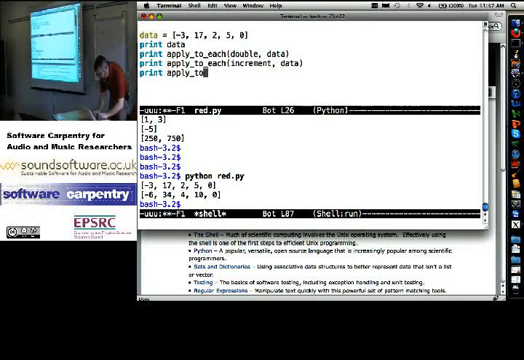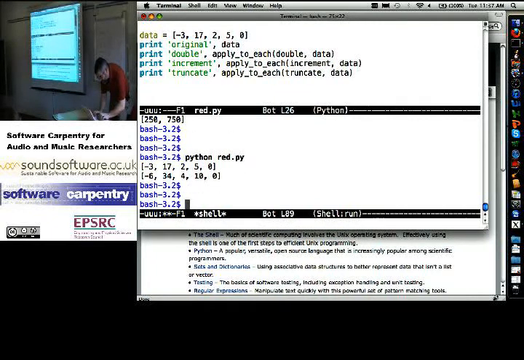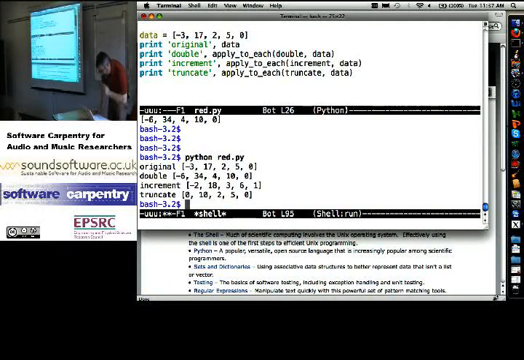Print apply to each truncate and data. Yep. All right, -3 becomes -2, 0 becomes 1, 17 becomes 18, and when I truncate, 0, 10, 2, 5,